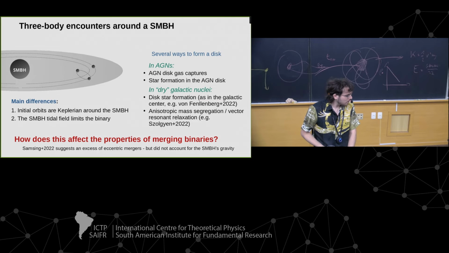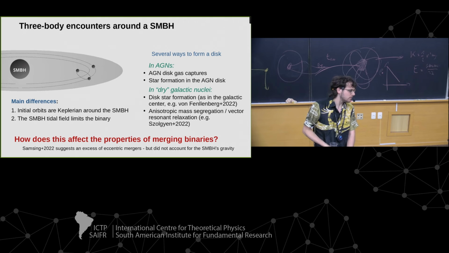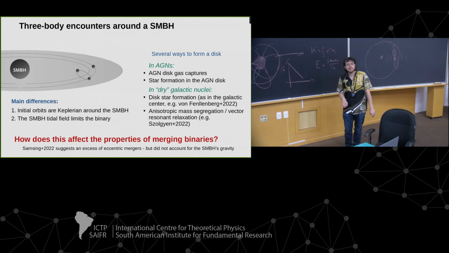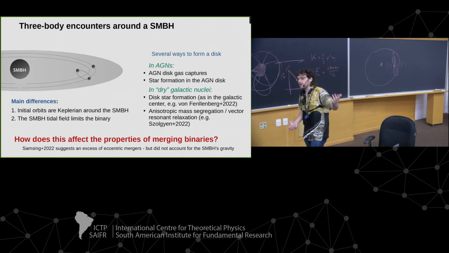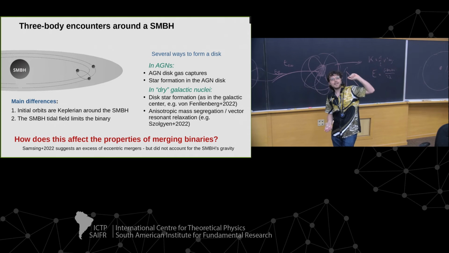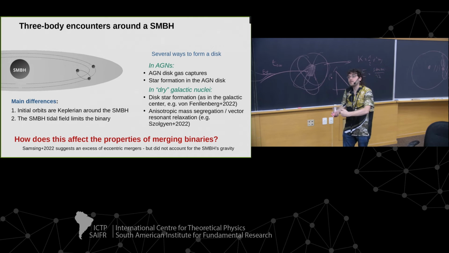Okay. Well, I also did some numerical experiments with this scenario, by considering a three-body encounter within the disk, but neglecting the gas. The gas again is too messy for now. So let's imagine just that we have a binary around a supermassive black hole and a single black hole. Well, maybe they're in the migration trap, maybe not.